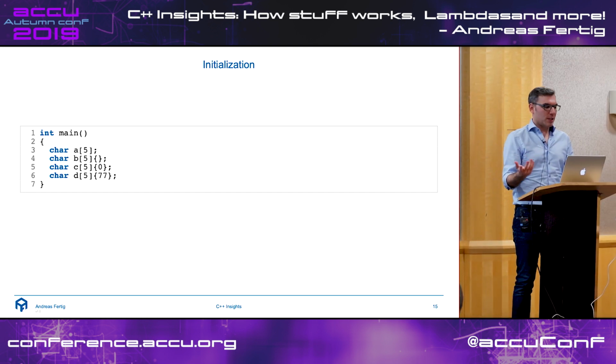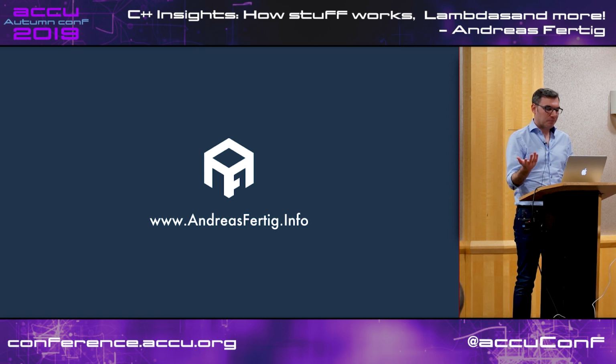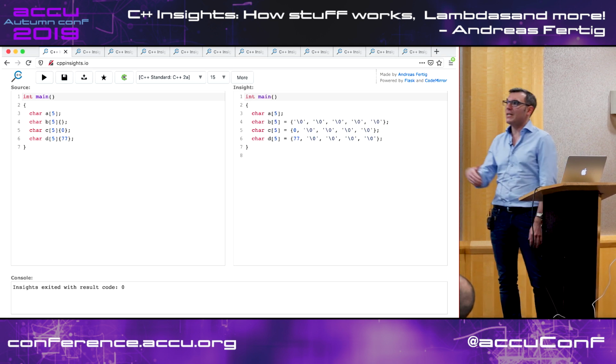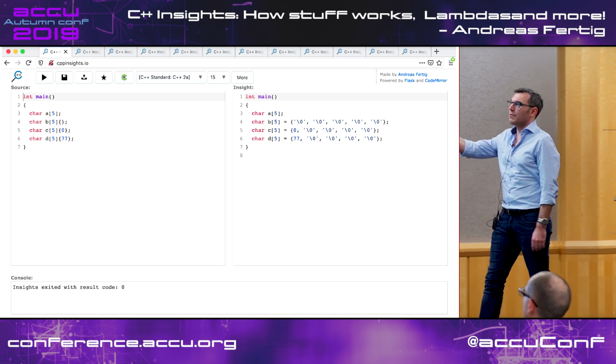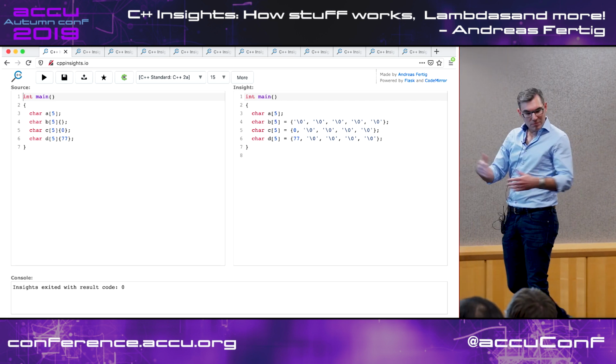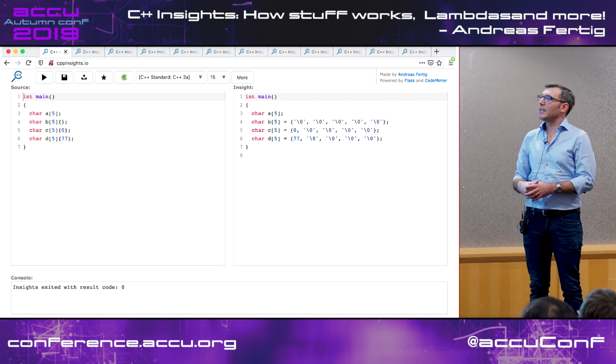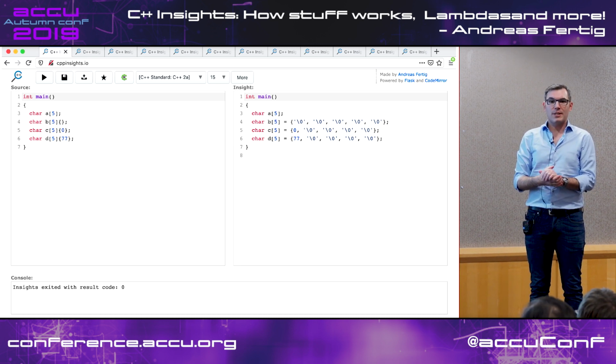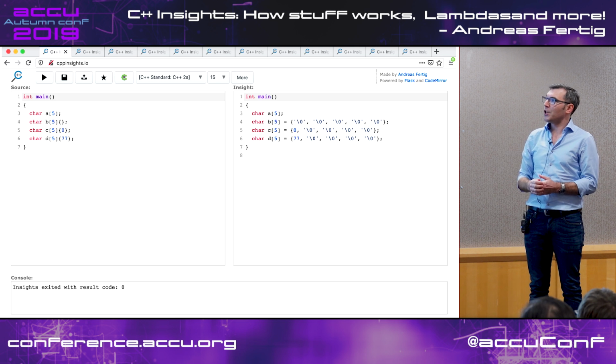So question is, what happens to all these things? And it may not be the biggest reveal to you, assuming, but consider you're teaching this to newcomers in C++, then you can see, okay, if I do the transformation, A is uninitialized, easy peasy. B, on the other hand, we get the 0 initialization here for the equivalent of the char.